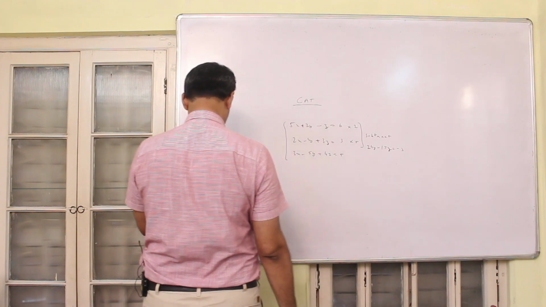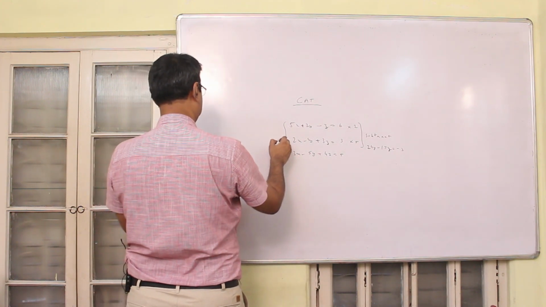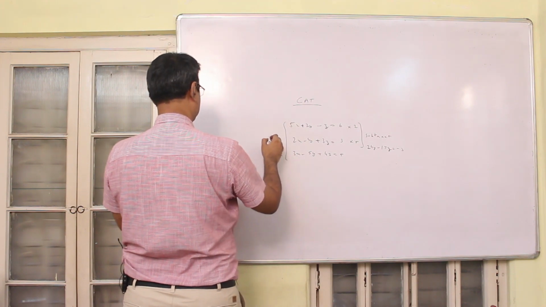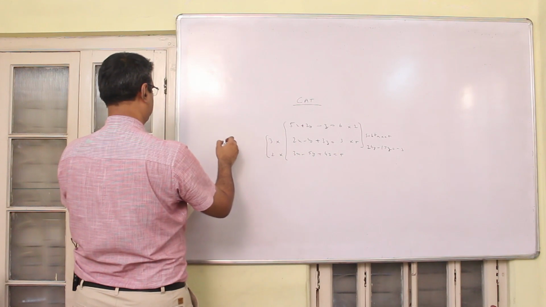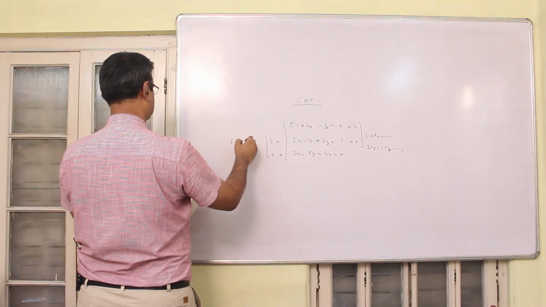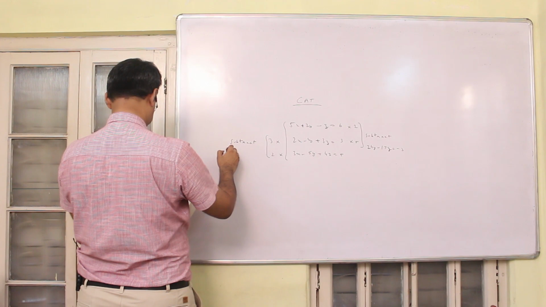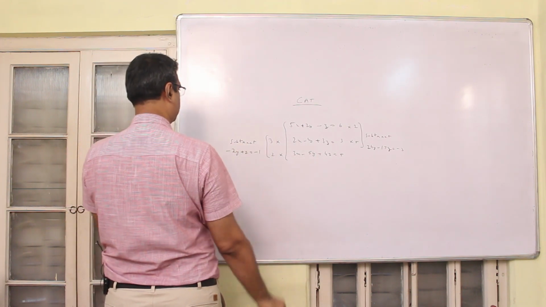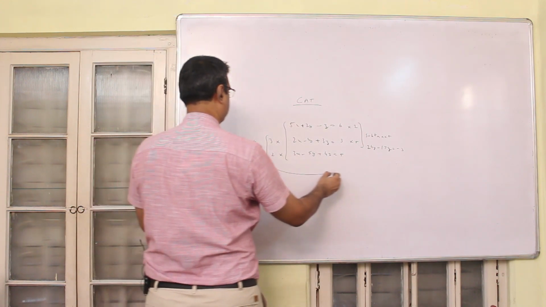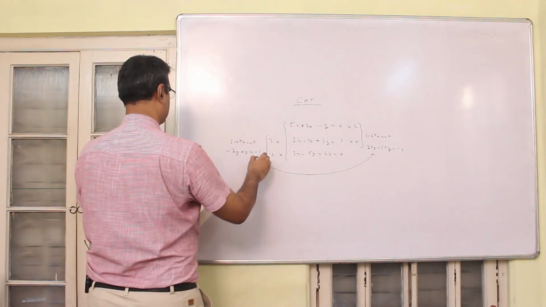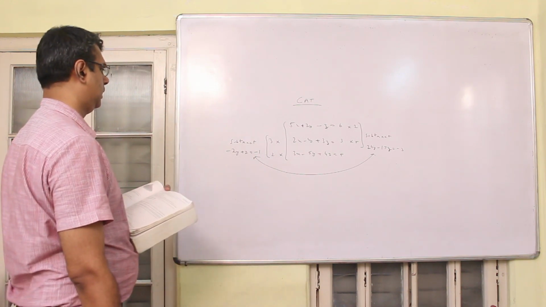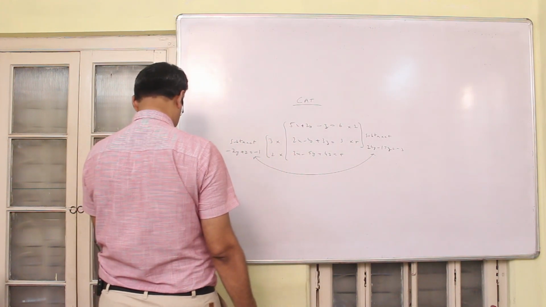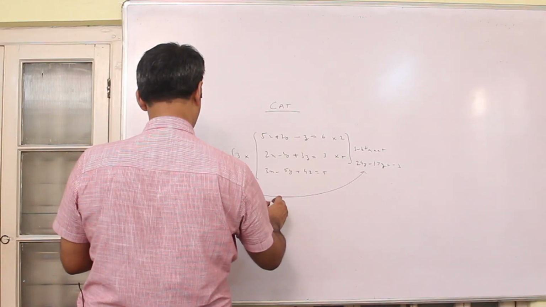On the other hand, if you multiply the second equation with 3 and third equation with 2 and subtract them, you will get minus 2y plus z equal to minus 1. So you are having two equations, minus 2y plus z equal to minus 1 and 24y minus 17z equal to minus 3. If you solve both of them,